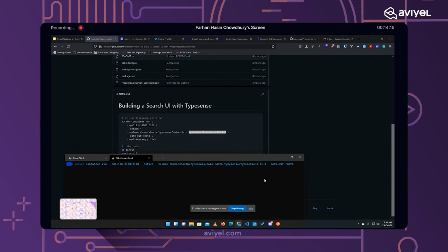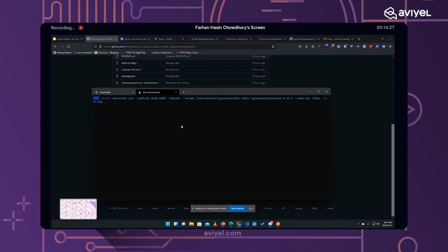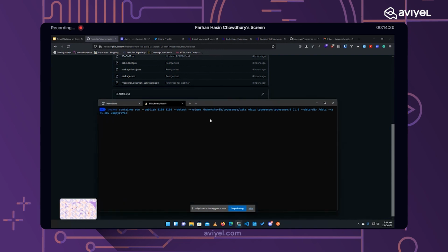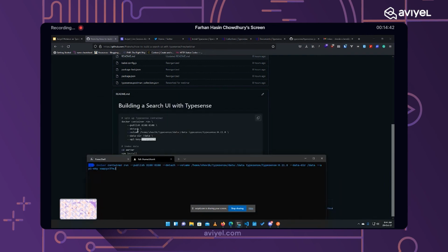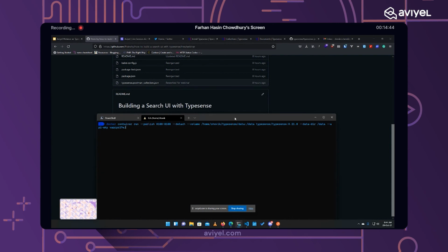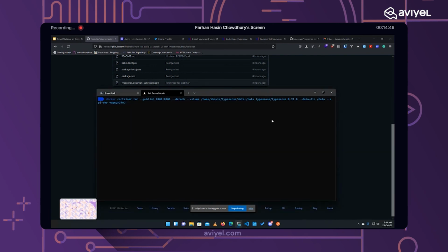And finally, the last piece of data we need is an API key. The API key is like a password to your server. Whenever you want to talk to the TypeSense server for searching data, you will have to provide this API key. Otherwise, the TypeSense server will not accept your request at all. So that's pretty much it. You can just copy the command from the README in this repository here. I'll share the links in the chat a moment later. Okay, so I'm hitting enter.